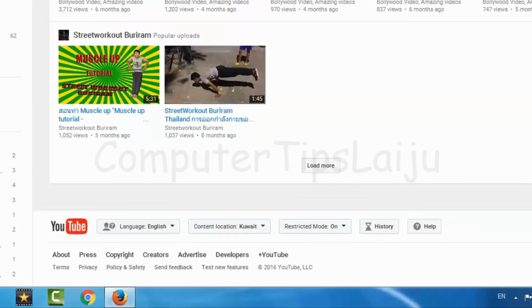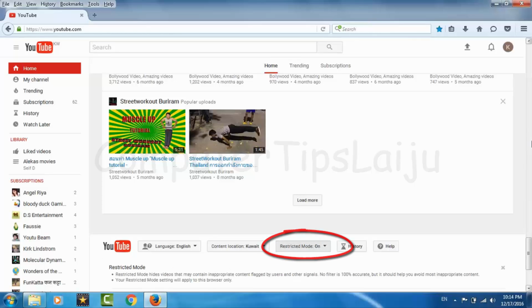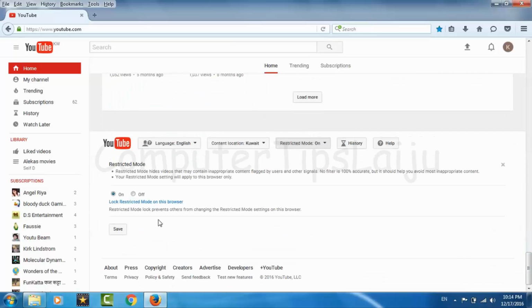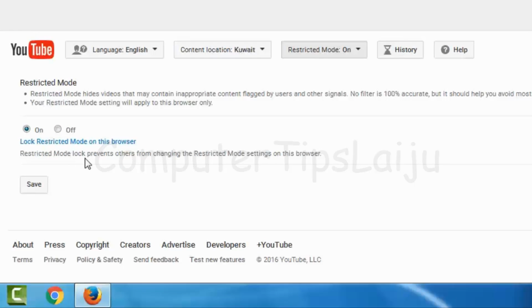For that, you have to sign in to the YouTube account and click here the restricted mode. Scroll down. You can see here lock restricted mode on this computer. This restricted mode lock prevents others from changing the restricted mode settings on this browser.